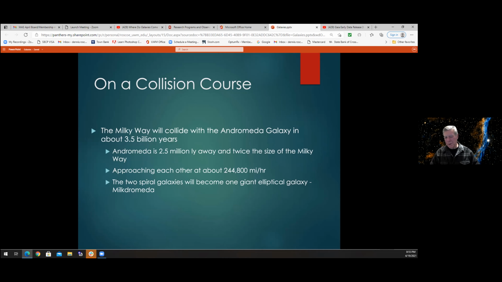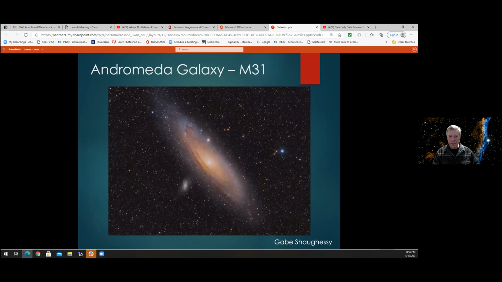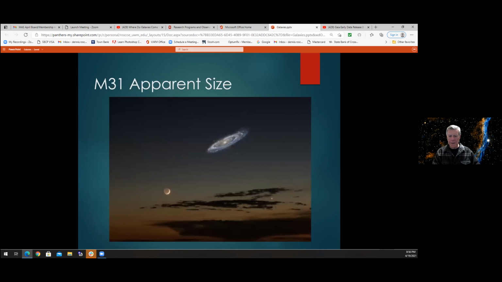And so we postulate that these two beautiful spiral galaxies will actually become one elliptical giant galaxy. So here's what M31 looks like right now, thanks to Gabe's work. And if your eyes were in fact sensitive enough to do some integration,